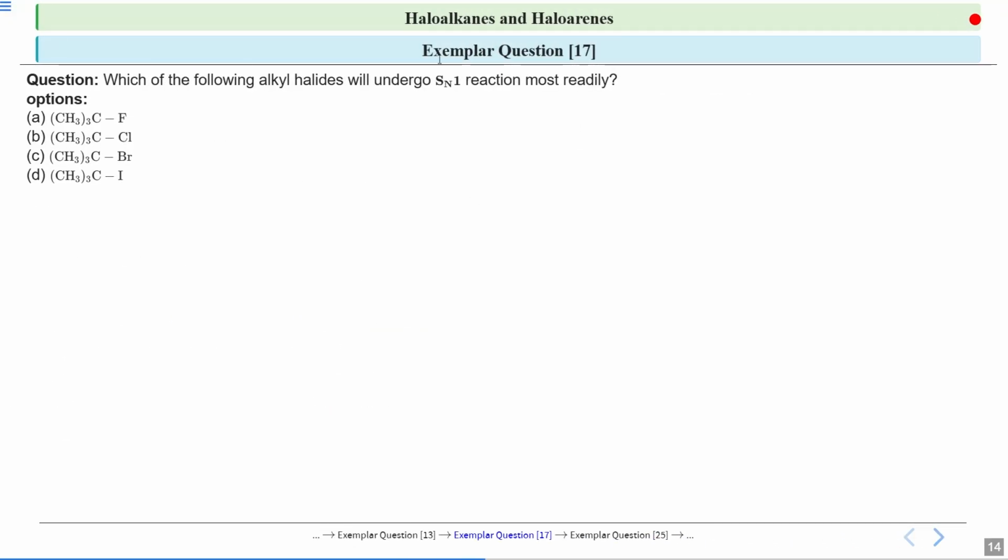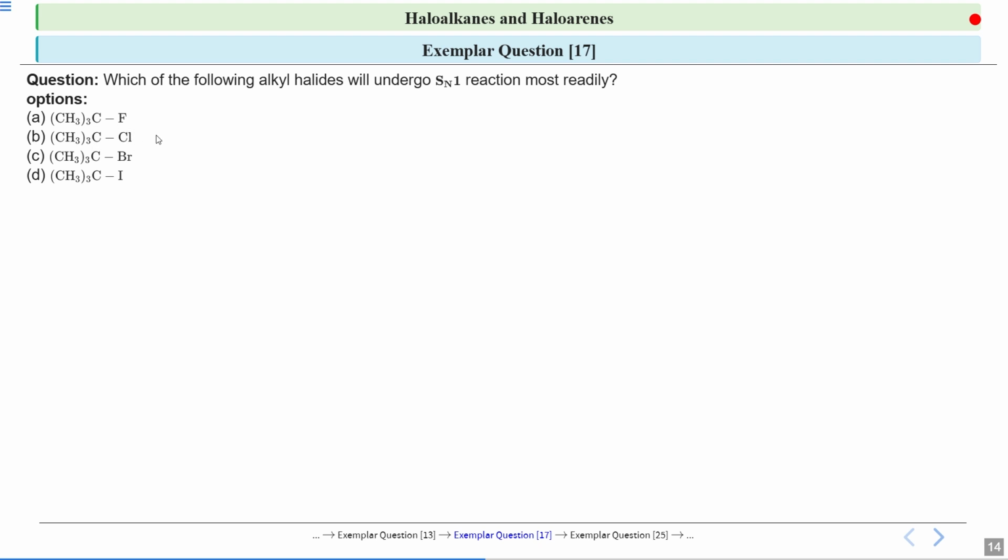Let's see our next question. Exemplar question 17. Question is, which of the following alkyl halides will undergo the SN1 reaction most readily? We have discussed this kind of question a lot of times in the previous lectures too. So SN1 reaction, substitution nucleophilic unimolecular reaction, right? From the given options, you have to identify the alkyl halide which will undergo the SN1 reaction mechanism faster, most readily. The options are CH3 whole thrice CF,